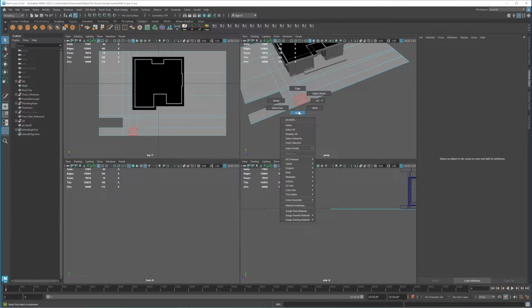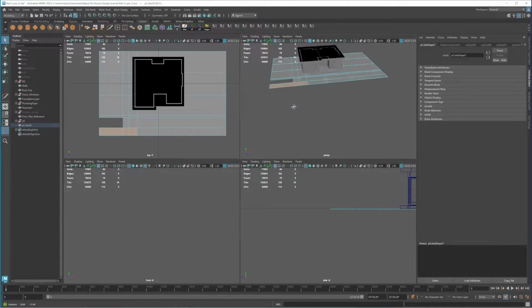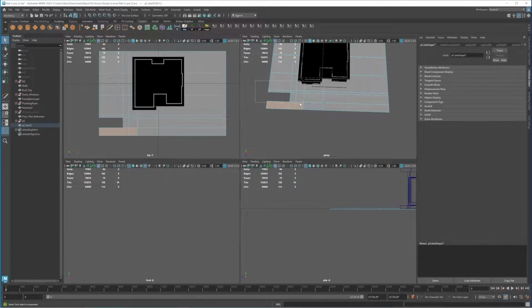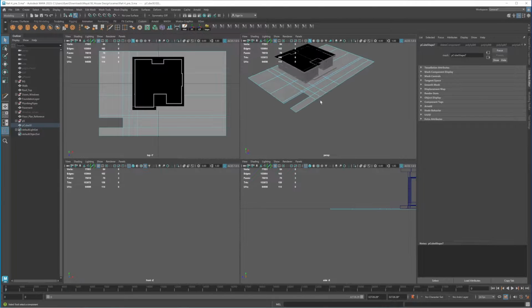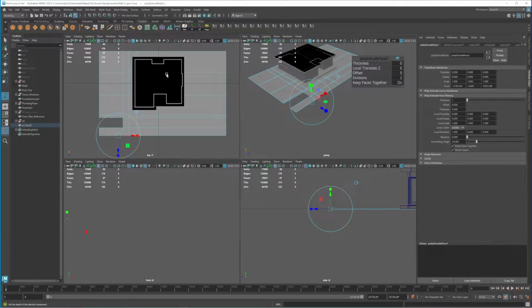I want to extrude these faces here, but what I can do is deselect these ones here, so I know that I'm only selecting the side faces. So I'll press Ctrl E and then click on that.